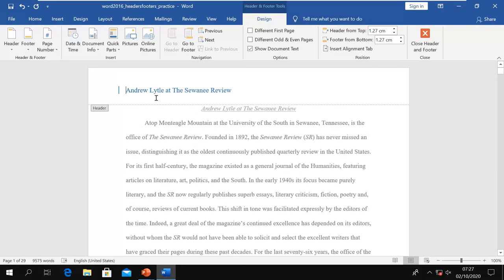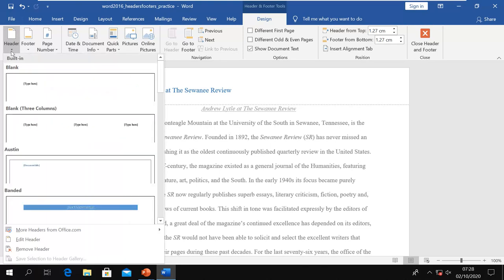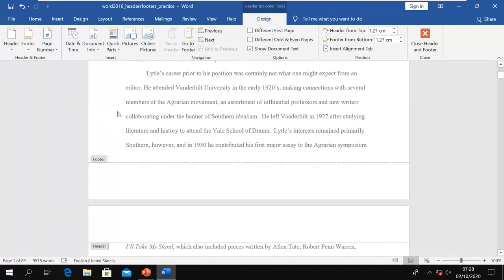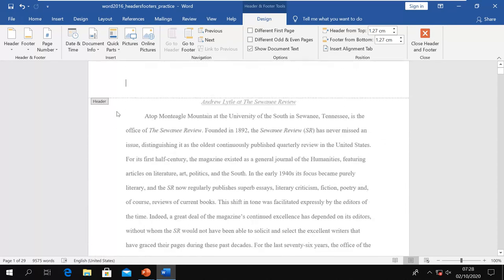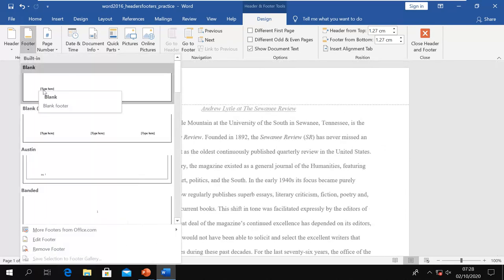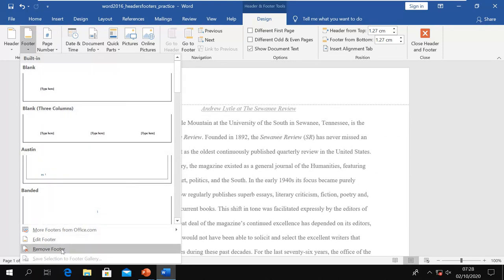And one more thing, if you just want to remove it completely, then you can go here in the Header and Footer group. This is for the header, to select presets or remove it, and now you have removed it and it will not appear anywhere in your document. Or even for the footer also. So if you want, you can have a different preset for the footer, and also you can remove it if you have already configured it.